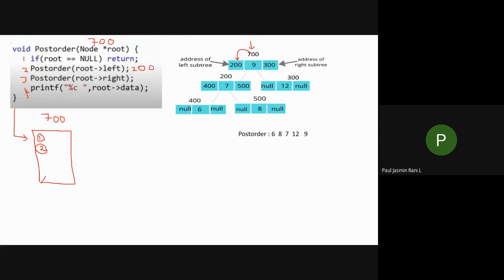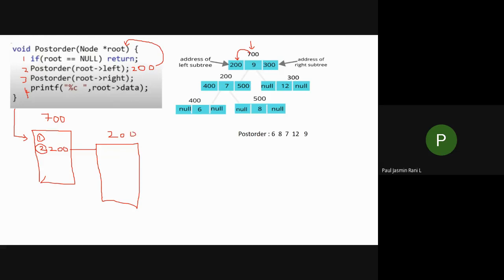Okay. So now when I execute this second statement, I am going to pass the value 200 and I am calling this function once again, isn't it? And passing the value as 200, not 700 now. So when I call this one, I will not have a 700. What value am I going to pass? I am going to pass 200. After passing this one, what happens? I am calling this function and my root value is 200. So 200 is passed over here.